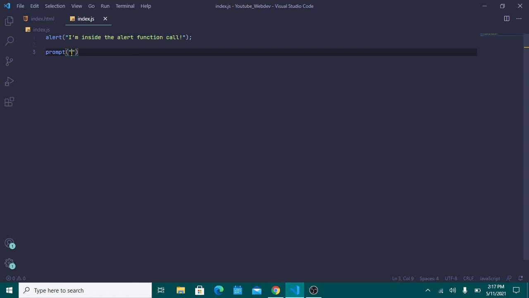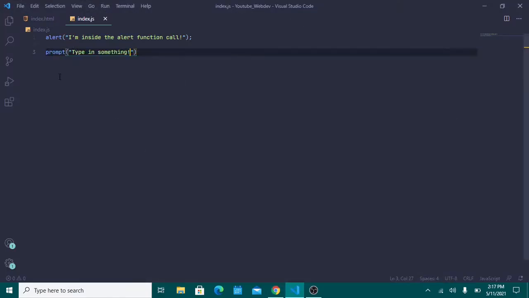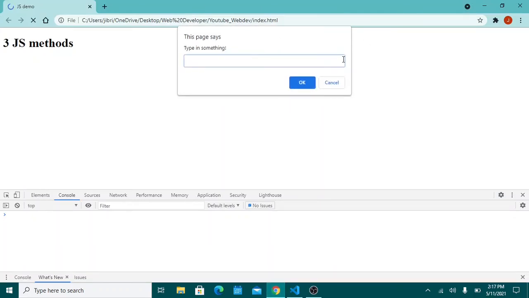And the prompt function, which I'll show you right now, is just like this. So type in something. So it's basically exactly what the alert is, except it has an input as well. So wait, this is the first alert. I'm just going to get rid of this first. So if I did this, you'll actually see the next one. So this time you see type in something, and you actually have an input where you can type something in. So if I type something in,